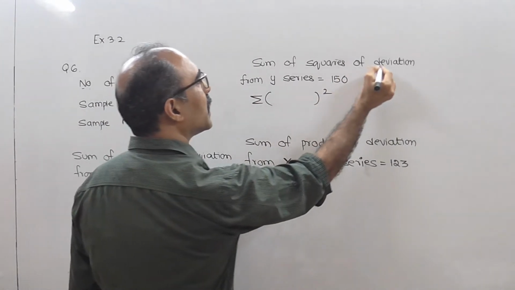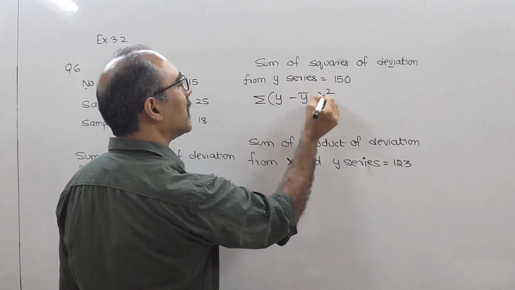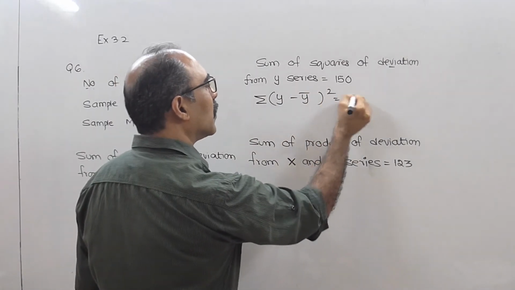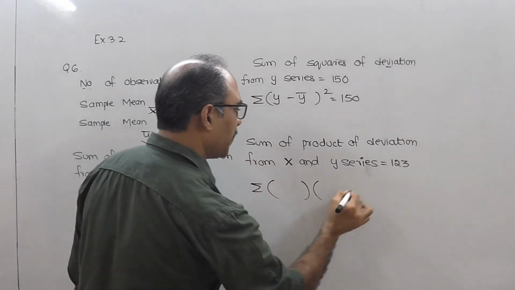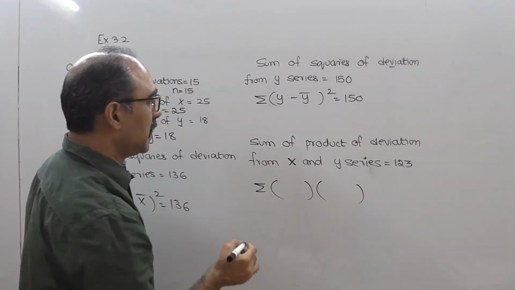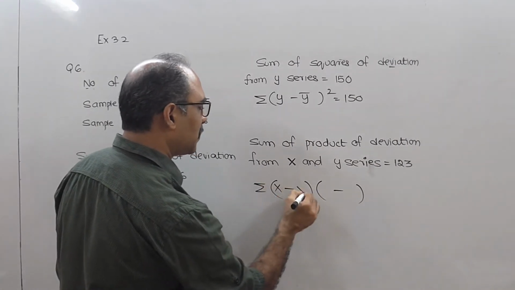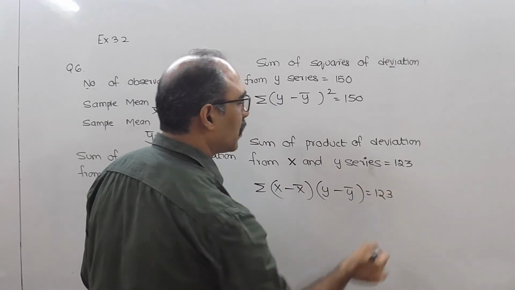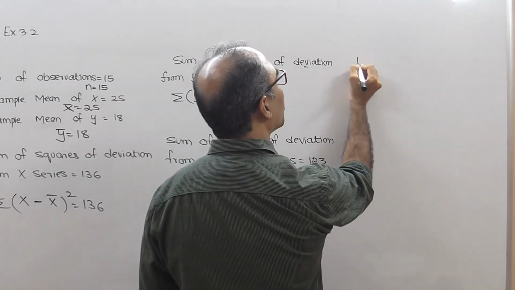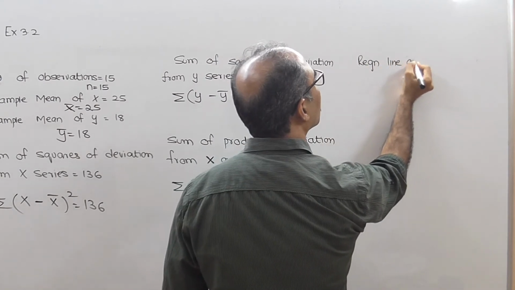Sum means sigma, square means whole square, and deviation means difference taken from the y series, so sigma (y minus y bar) the whole square equals 150. Sum means sigma, product means we multiply two things, so sigma (x minus x bar)(y minus y bar) equals 123. We have to obtain the regression line of